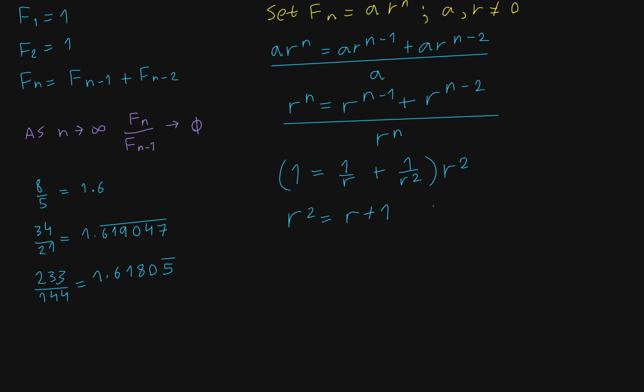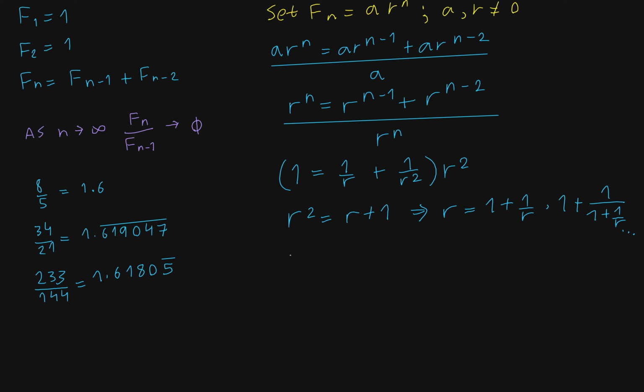Now, if this doesn't seem familiar to you, what we can do is that if we divide by r, what we have is r is equal to 1 plus 1 over r. And so what we can see is that if we keep this going, this is going to be 1 plus 1 over 1 plus 1 over r. And so this is essentially the continued fraction representation of the golden ratio, right? So this would keep on going like this, like 1 plus 1 over 1 plus 1 over 1 and so on. And with this characteristic equation for the golden ratio, the solutions